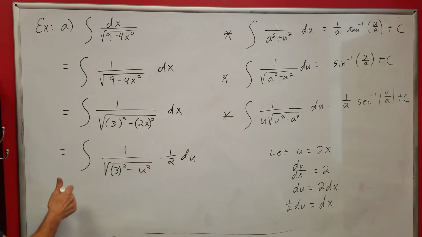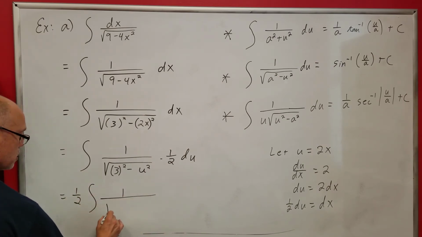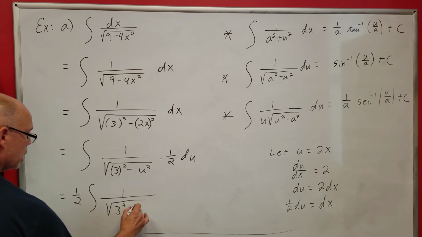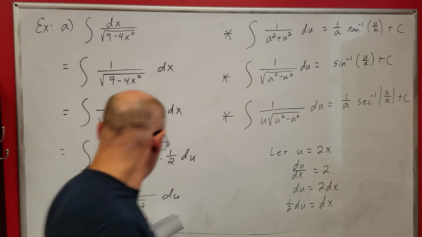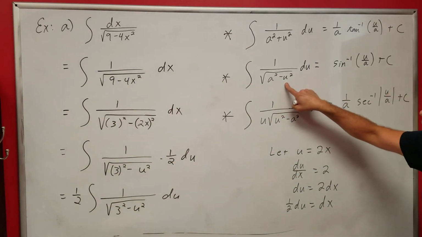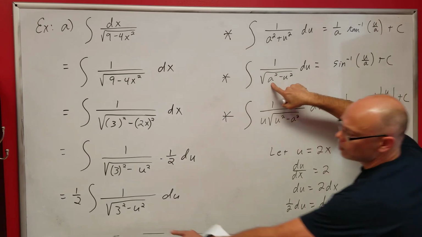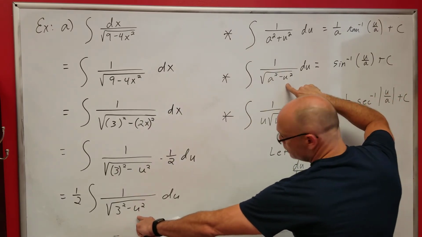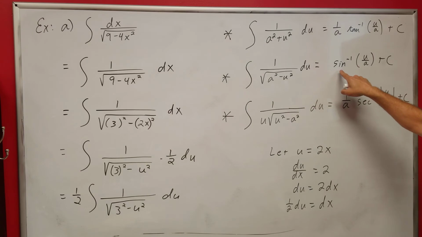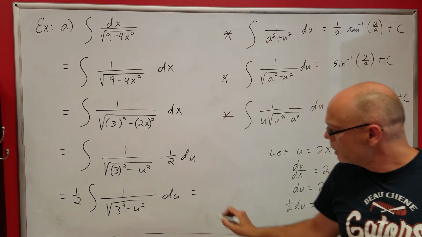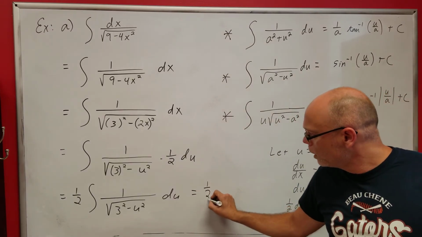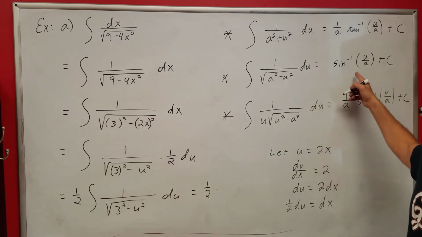Let's factor this 1/2 to the front of the integration symbol. So we have 1/2 times the integral of 1 over the square root of 3 squared minus u squared du, right? Now, does this fit this form? What is my a in this case? My a is 3, and my u is u, right? So what could I say? I could say this whole thing right here is going to be equal to the inverse sine of u over a plus c, right? So I could say this is going to be 1/2 out front times this stuff, inverse sine